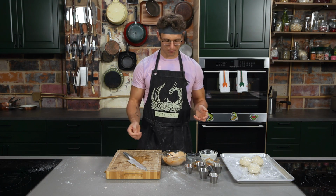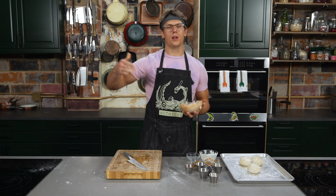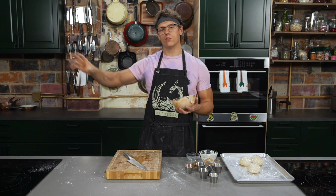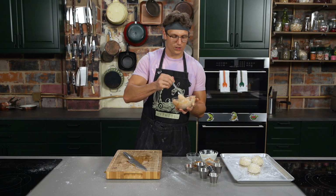My mouth is foaming a little bit. We got this spread. Since you got so many other things, the potatoes, the beef, the cheese, caramelized onions, all those veggies, you can add a lot of heat with the actual condiment and it can hold up to the dish. Just give it a little...